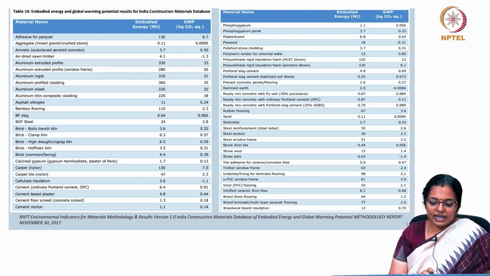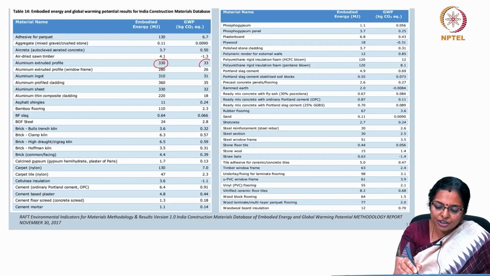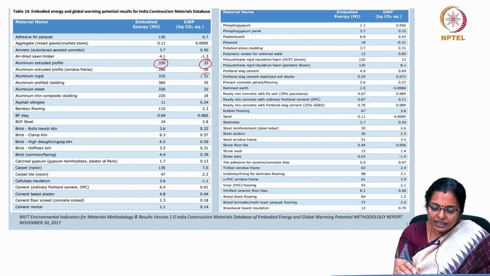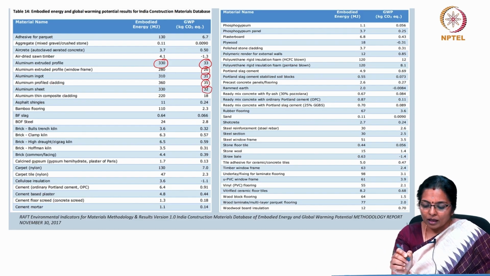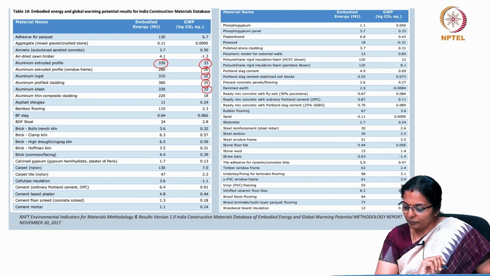As of the data we have, you can see that aluminum extruded profile has a global warming potential of 33 kg carbon dioxide equivalent. All these high numbers of GWP relate to aluminum in some form or the other. No other material comes that close to aluminum,